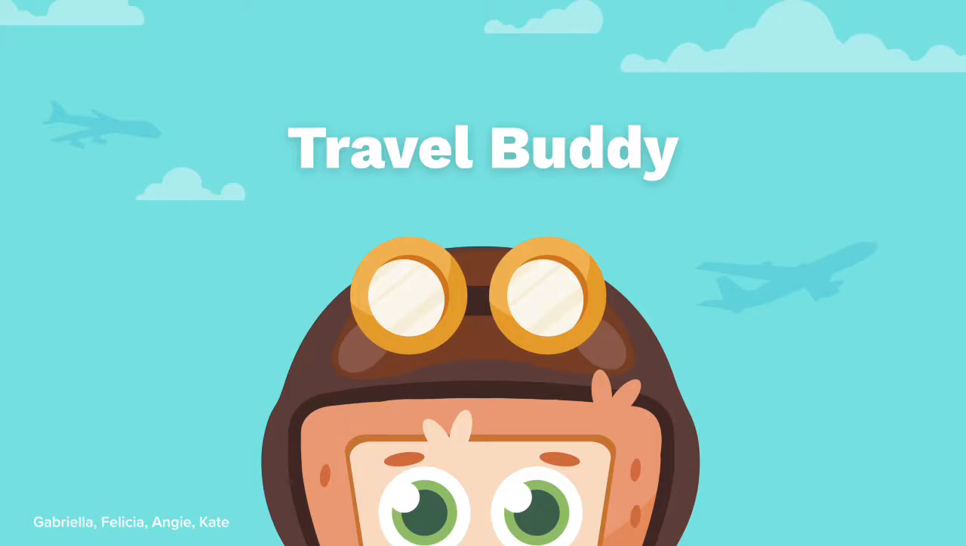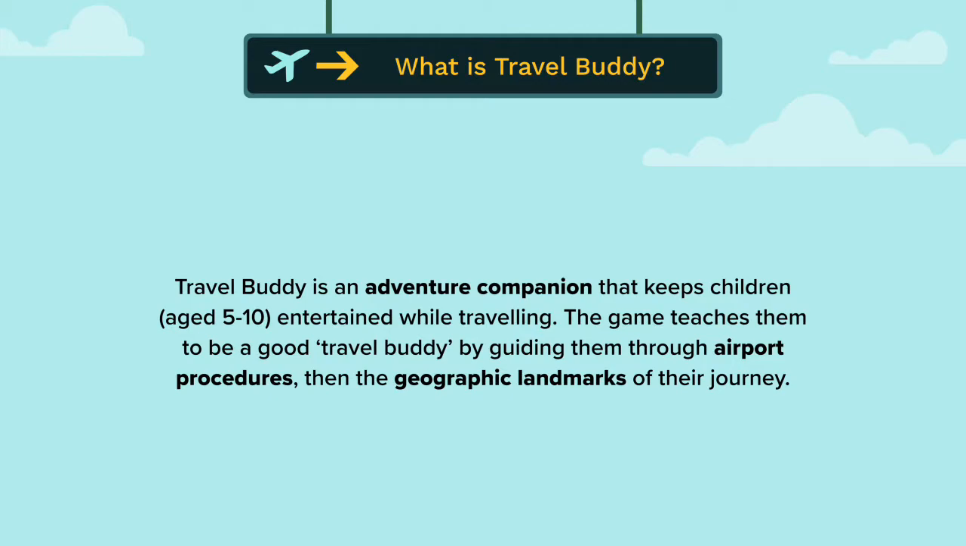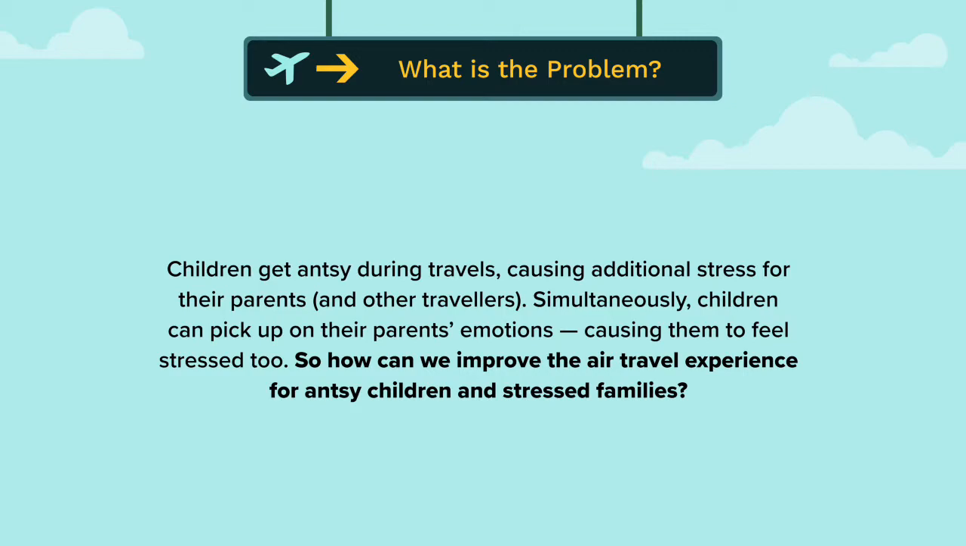Our team's project is called Travel Buddy. Travel Buddy is an adventure companion that keeps children aged 5 to 10 entertained while traveling. The game teaches them to be a good travel buddy by guiding them through airport procedures and then the geographic landmarks of their journey. So the problem that we identified with our project was that children get antsy during travels,